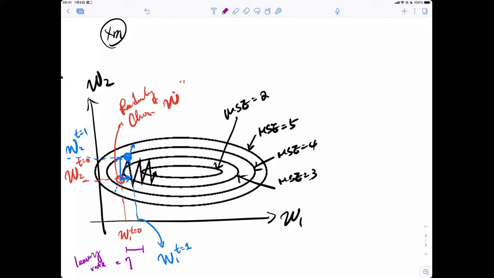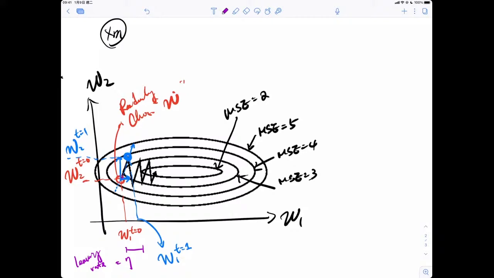Okay, so if you have a larger learning rate, basically you can move faster toward the lowest point of your MSE. If you have a larger eta, or a larger learning rate, in each round you can move farther, because the direction is fixed. However, if you have a larger learning rate, maybe you will go for the next round